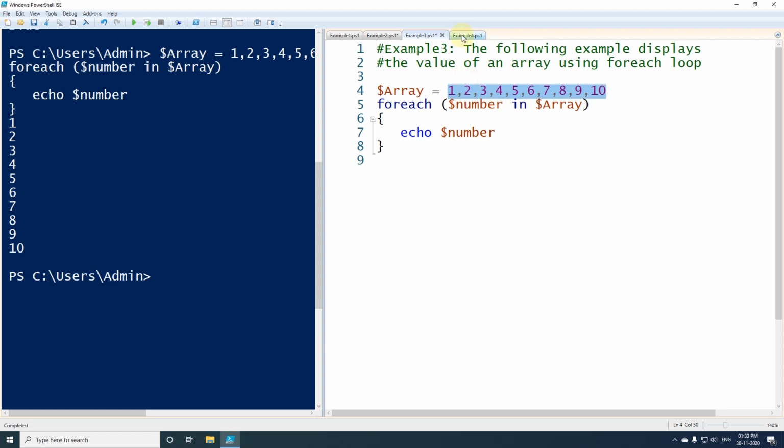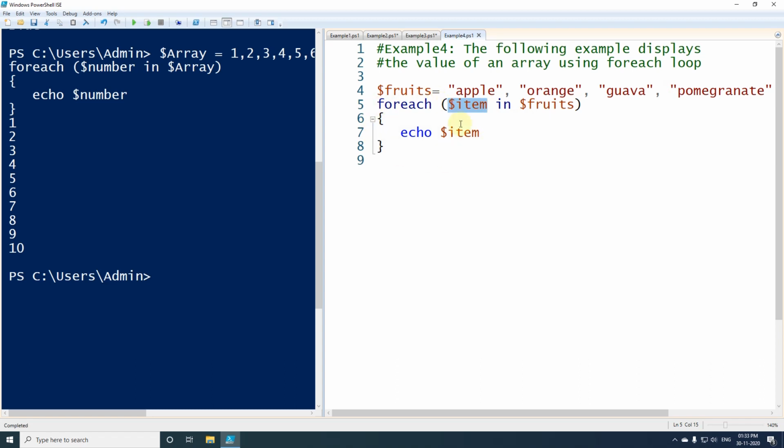Now let's move to another example here. This is also a similar example, but here instead of numbers we have given fruit names to the array variable. So here again we are fetching one element from the array fruits and assigning it to a variable called item. So whenever this loop executes, one element from this array, called apple the first time, orange the second time, guava the third time, and pomegranate the fourth time, will be assigned to this variable.